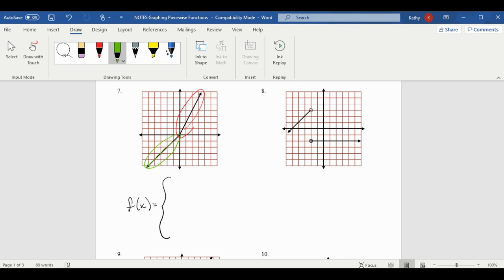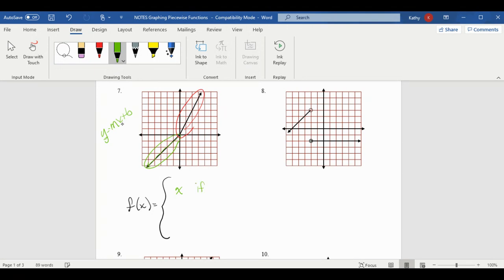The equation of a line, remember, y equals mx plus b, right? Because we're plugging that in for f of x. What is the slope of this line? The slope of this line is 1 for the green. So the slope is 1. What is your y-intercept? It is 0. So this function is x if,